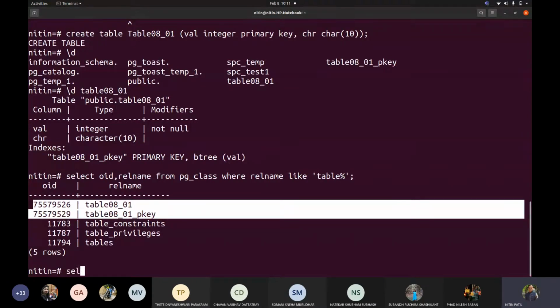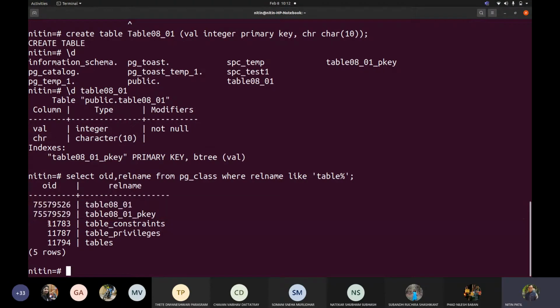Now if I go select, first of all let us see \d. Select star from, what kind of objects these are.